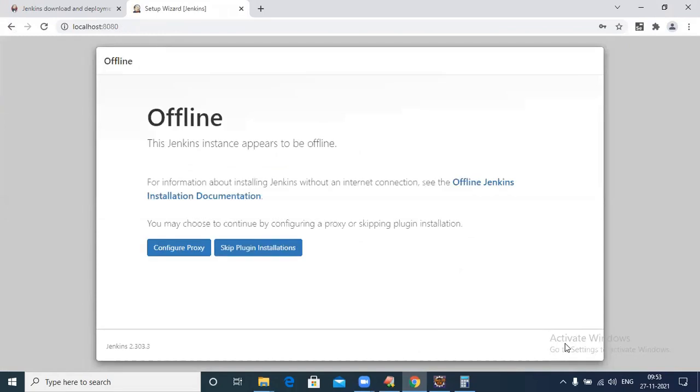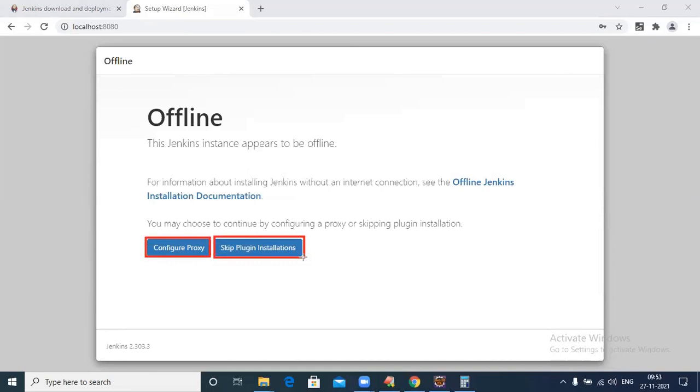In this wizard, two options are coming, sir. Install suggested plugins, or configure proxy and skip plugins. But in my machine, it is wrong. If I skip the plugins, then Maven is not coming. We have to give Jenkins a Maven project only. In my machine, two are coming, configure proxy and skip plugins, but plugins are required for me.